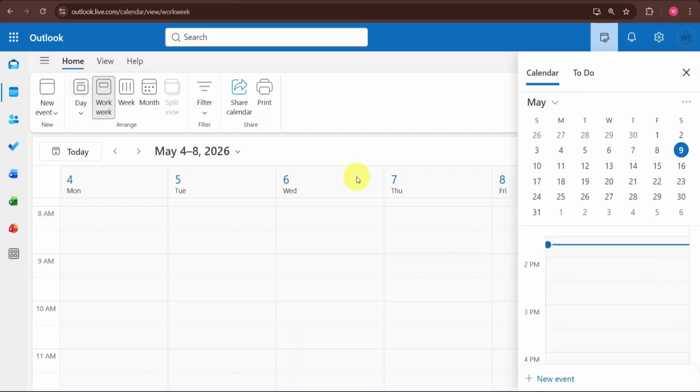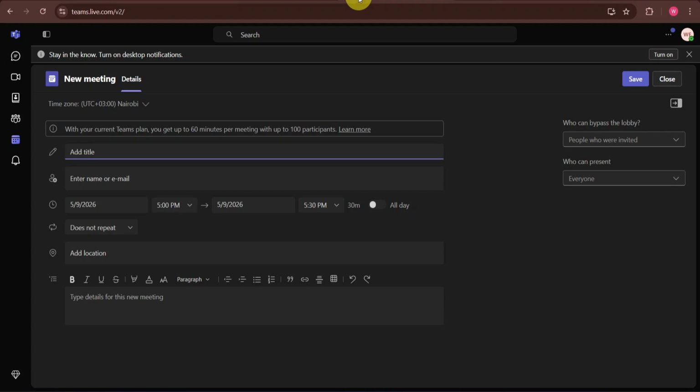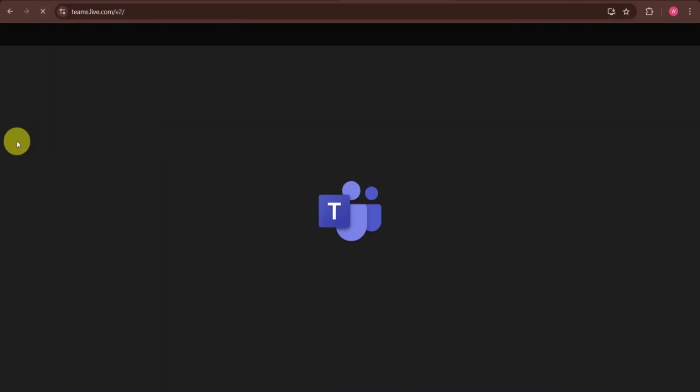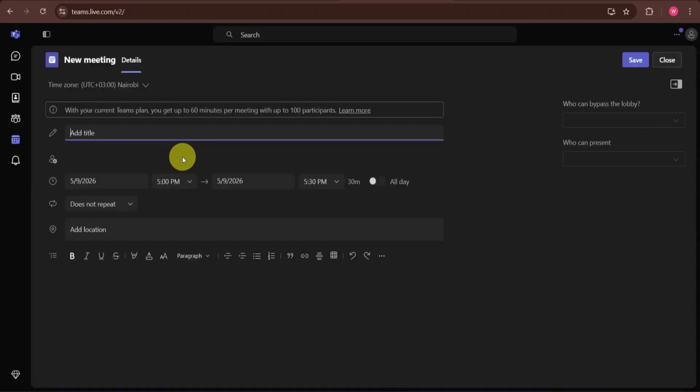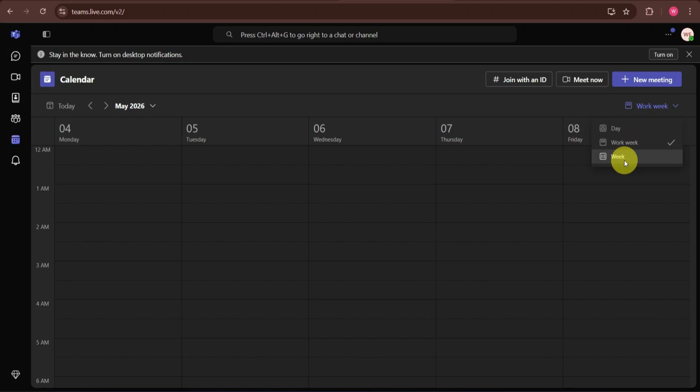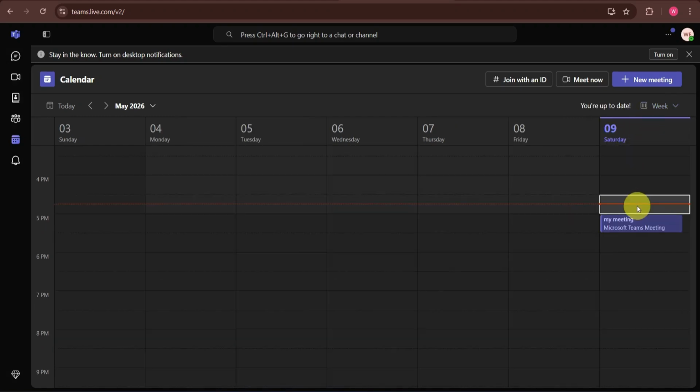Now, return to Microsoft Teams and refresh the calendar if necessary. You should now see the same meeting appear there automatically. This synchronization helps you avoid scheduling conflicts and makes it easier to manage work, school, or personal meetings across both